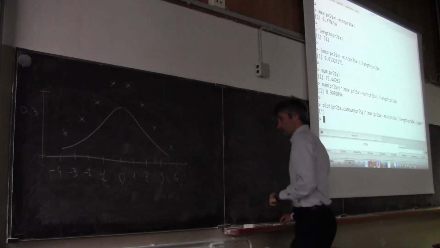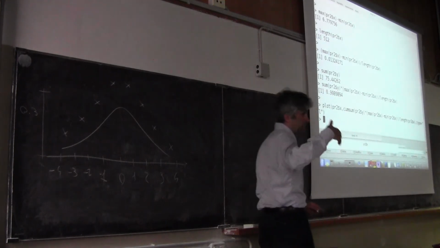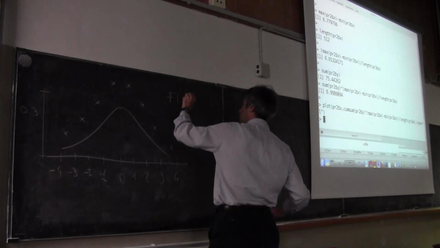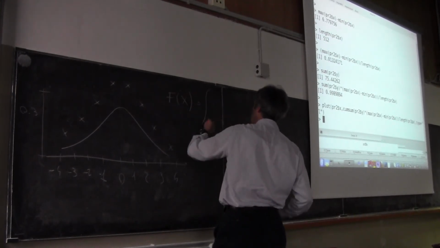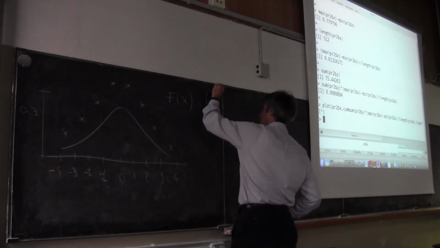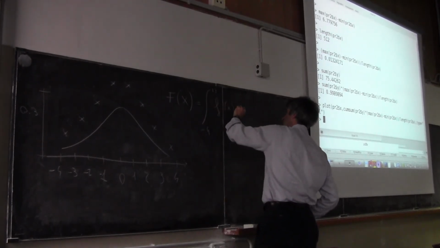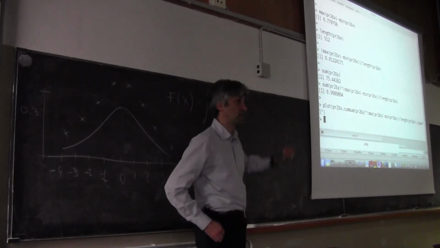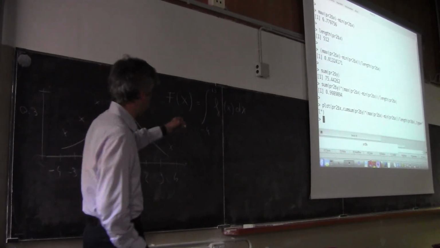Yesterday we said that... I'm trying to explain why I have to multiply by delta x. Yesterday we said that the cumulative distribution function is given by the integral, in this case between -4 and about +3, if I remember well, of the density times dx. So this is the reason why here I have to multiply by delta x